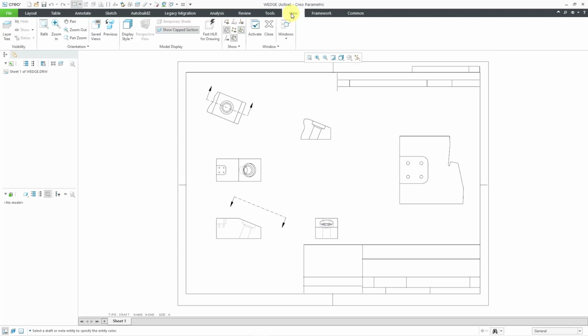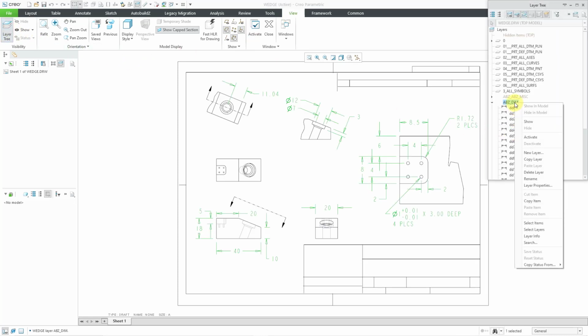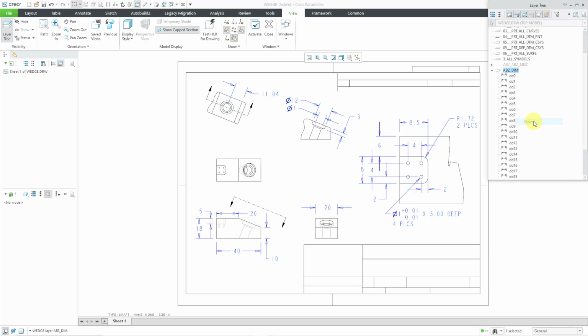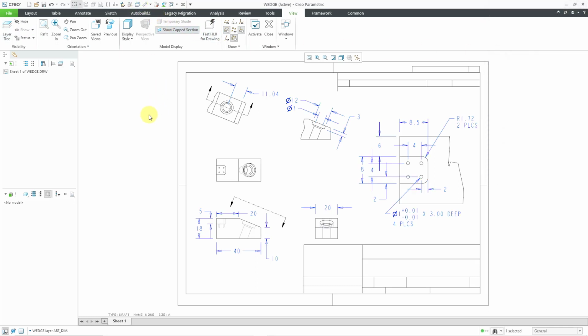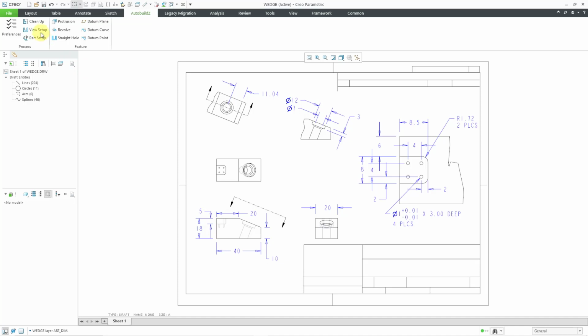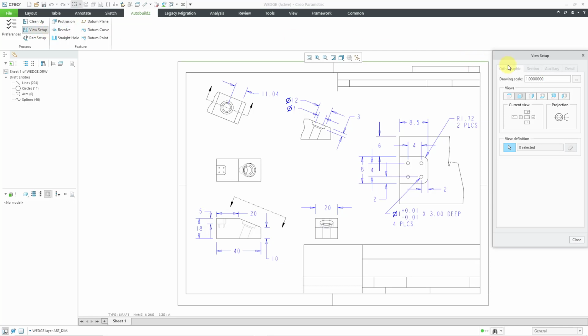And let me go back to the View tab and go to my layer tree because I'm going to need my dimensions in a moment. Let me show them once more and then close my layer tree. Now I can go back to the AutobuildZ tab and set up the different views from the imported drawing. When I click on View Setup, it's going to open up a dialog box, and right now we are on